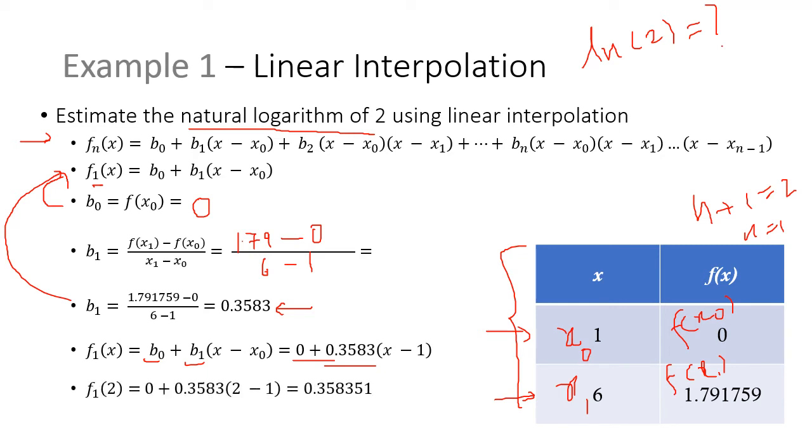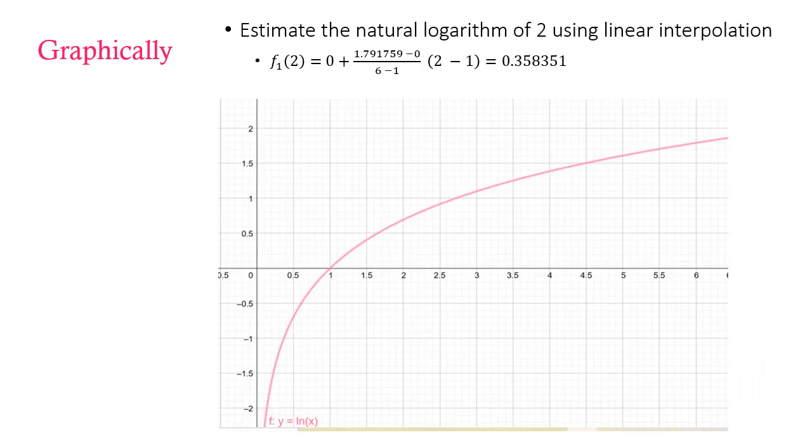And finally, we want to find out the value of natural logarithm at x equals 2. Hence, we have substituted x equals 2 here and on the right hand side here. And finally, this is the value of natural logarithm of 2 calculated using the line that we fitted to the given data. Okay, so the calculation is simple. It's not a big deal as such. So let us see